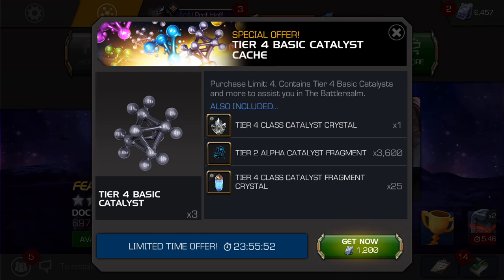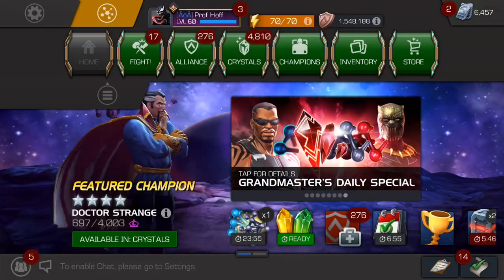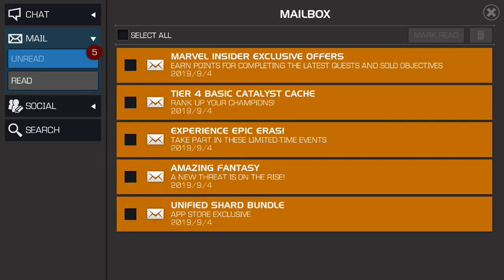This is the poo-poo platter disguised as a Tier 5 basic catalyst fragment offer, or a couple of fully formed Tier 2 Alphas. If you're going to charge this price, you need a fully formed Tier 2 Alpha, 5 Tier 4 basic, 3 Tier 4 class catalysts, and who really cares about the 25 Tier 4 class catalyst fragment crystals? You can take those off if need be, or keep them. Who cares? Either way, this is just unbelievable,